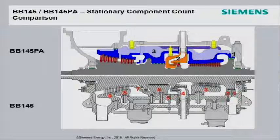What's interesting is the steam admission area. I know this is maybe a little bit difficult to see right here. On the old design, it actually goes towards the middle of the unit, contrasting with the new design where it actually goes outboard from the center and through the steam path. So all these little design changes improve the efficiency, improve the maintainability of the design and of the equipment going